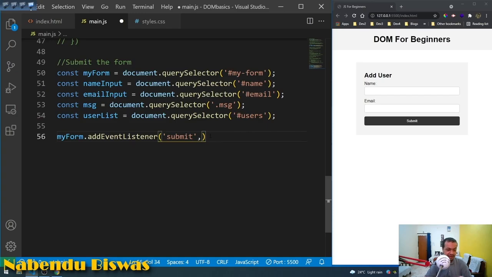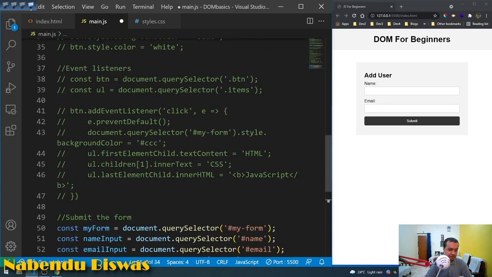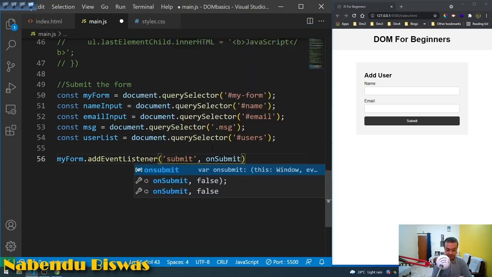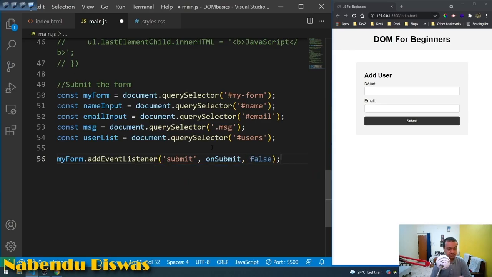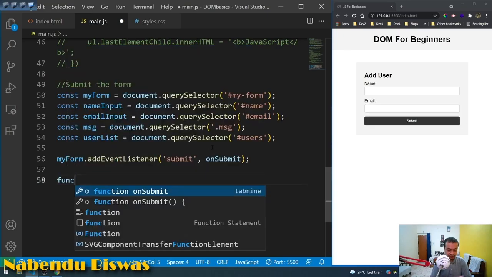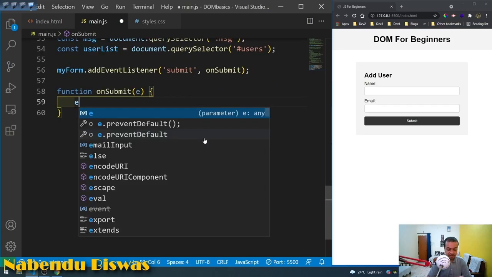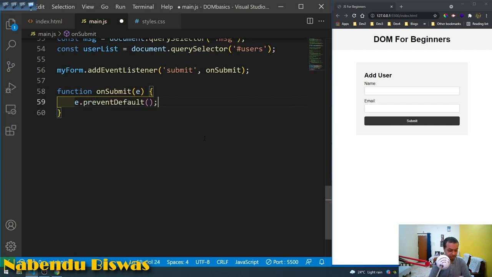Then after that I can write a function here also like the function which I have written, or I can write it outside also, so I will show how to write it outside. So let us see how to write it outside. So onSubmit is there, and then no, I don't want that, so then I will write it outside. Function onSubmit, and it will take e as always, and then e.preventDefault I will do, and